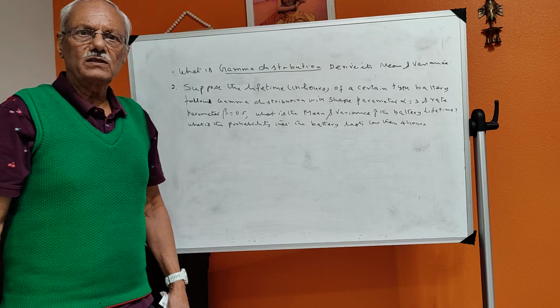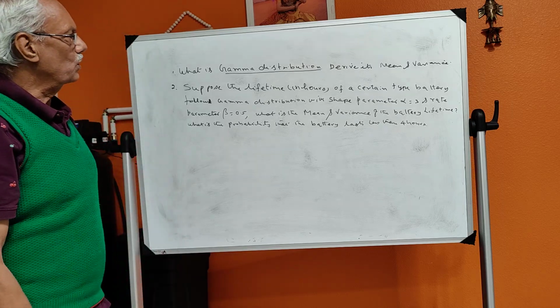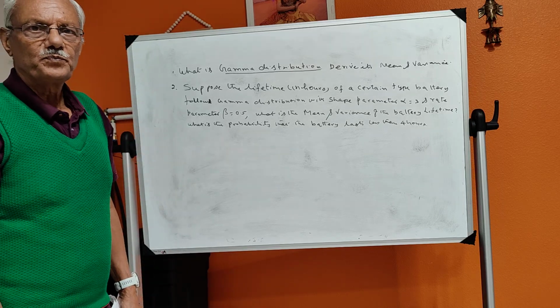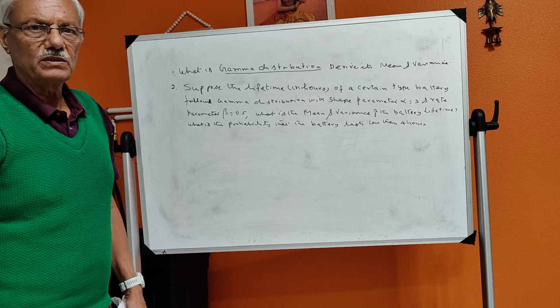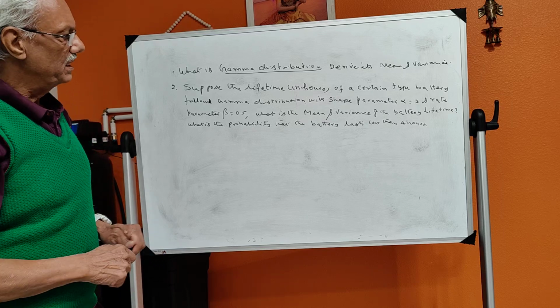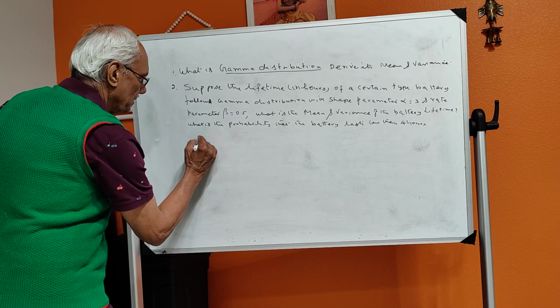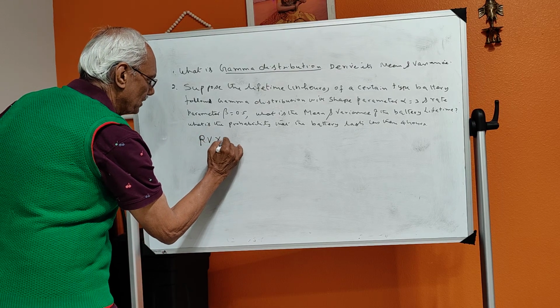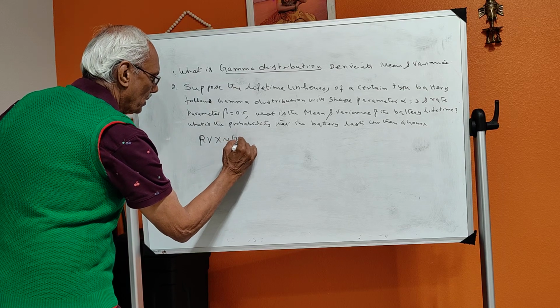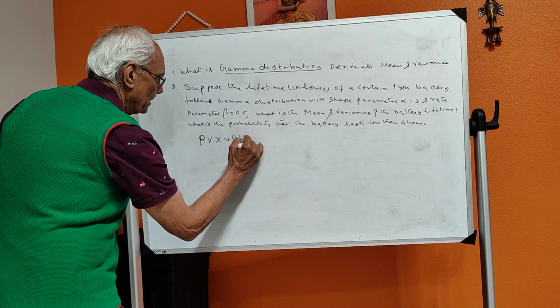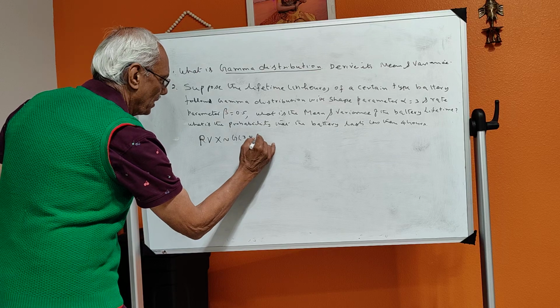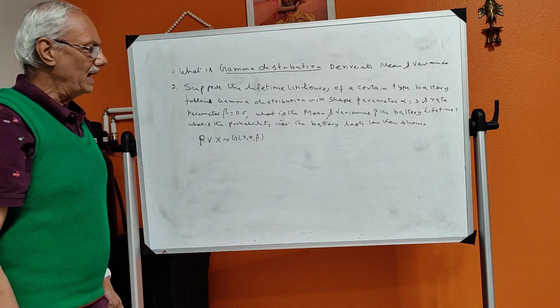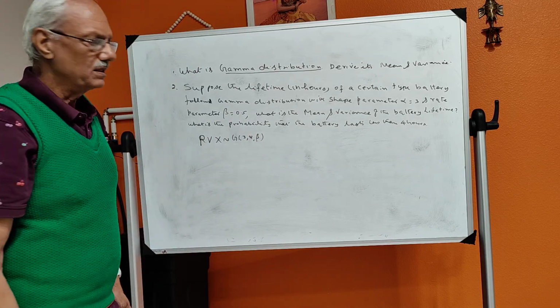Today I am taking yet another distribution called the Gamma distribution, which is also a continuous distribution. We say that a random variable X is said to follow the Gamma distribution, X ~ Gamma(alpha, beta), where alpha and beta are the parameters,